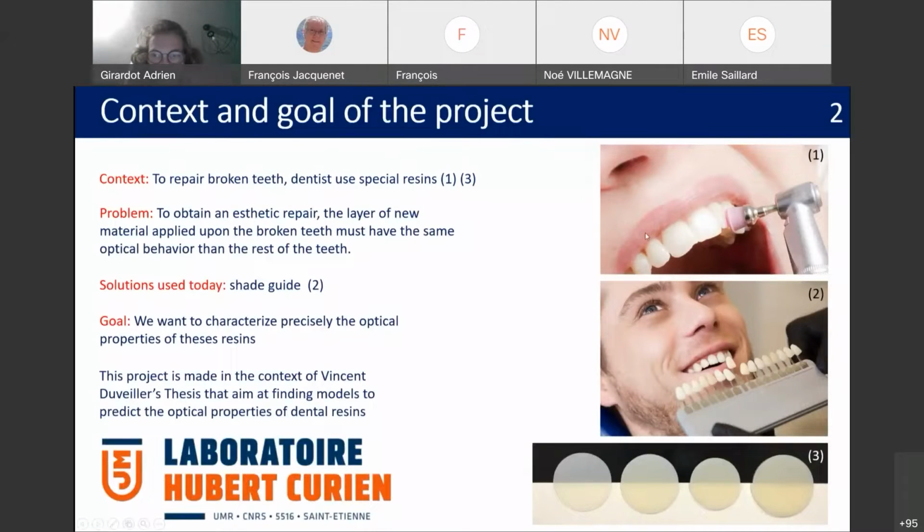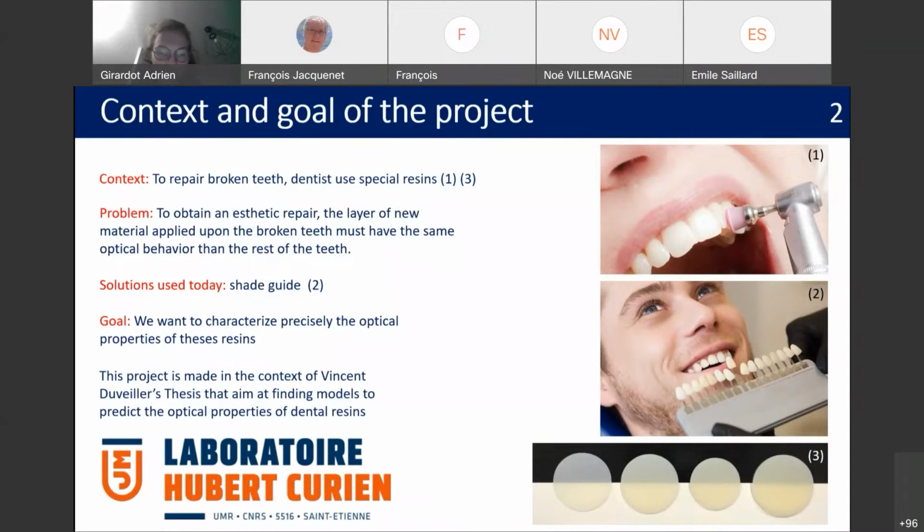Okay, thank you. So we worked on the special resin dentists apply on broken teeth to repair them. For aesthetical purposes, it is important for the optical properties of this resin to be as close as possible to those of the broken teeth of the patient. And in order to achieve this color matching between the two materials,